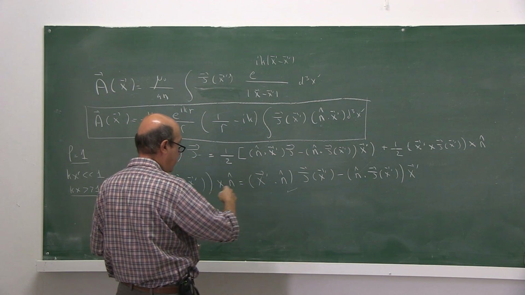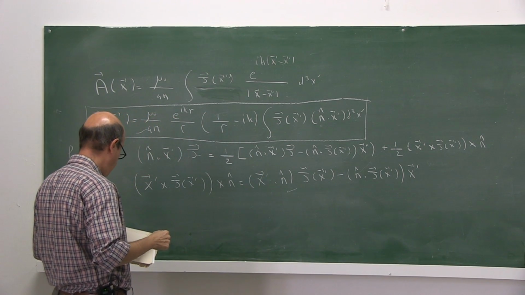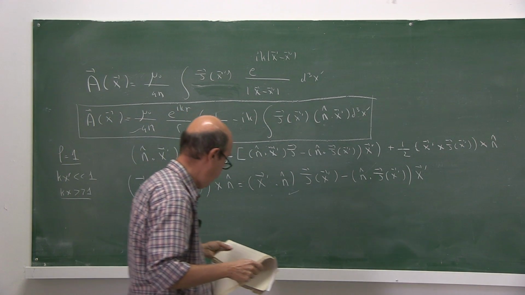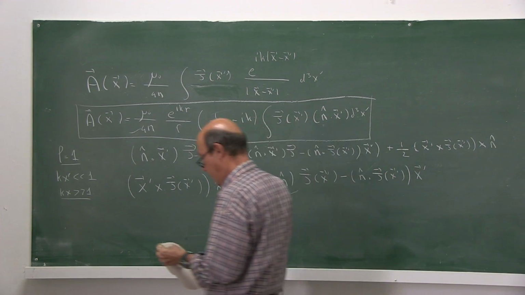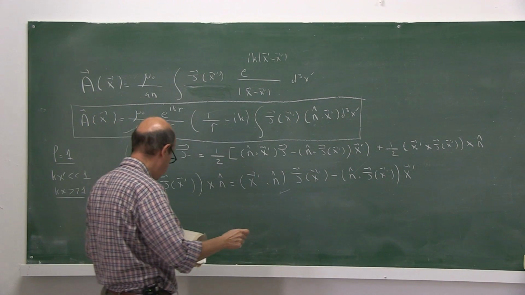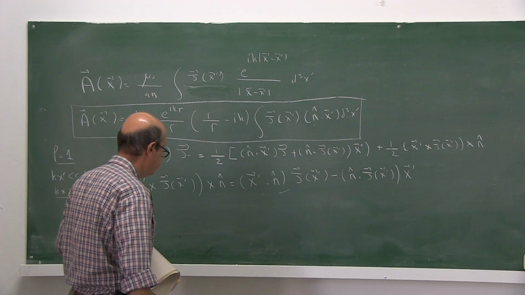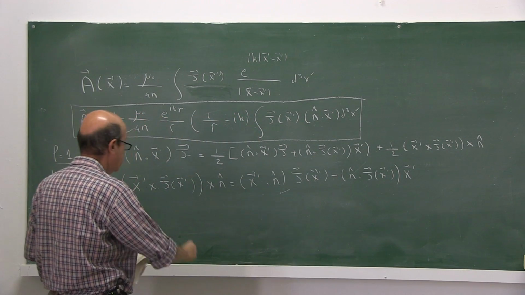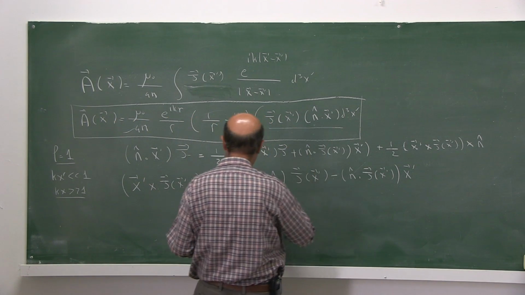And if you take the other term to the other side, that will be positive, and that is x cross j cross n. That is correct. What is wrong here? This should be plus. So if you take this term to the other side, that will be negative. Okay, that's okay. So instead of n dot x prime along j, the integrand of this term, I can write